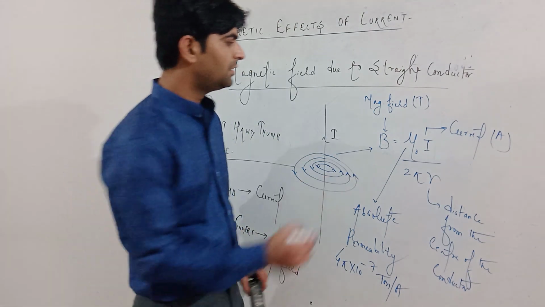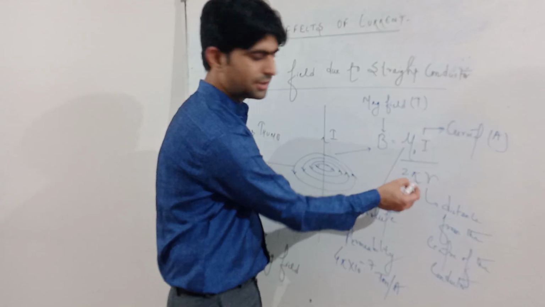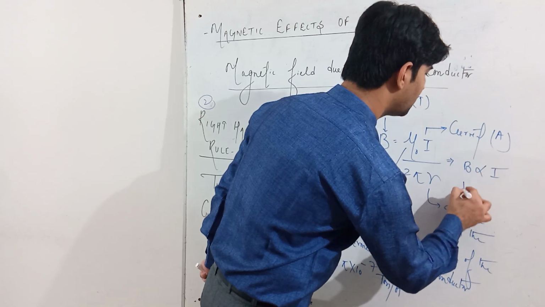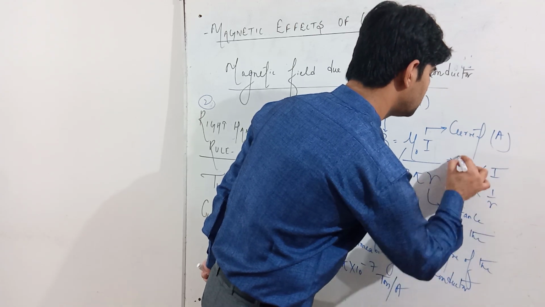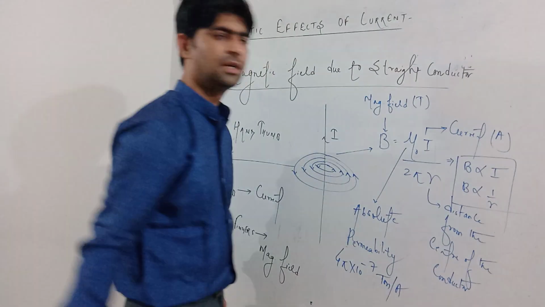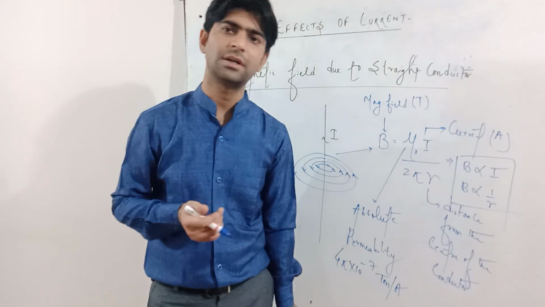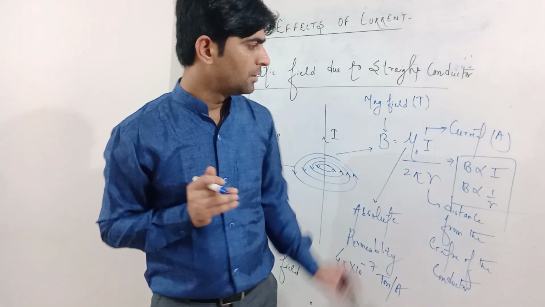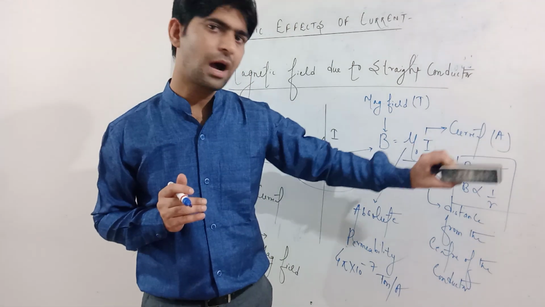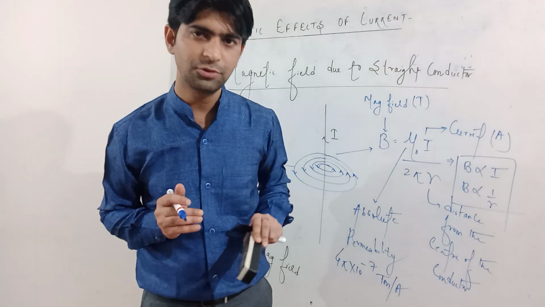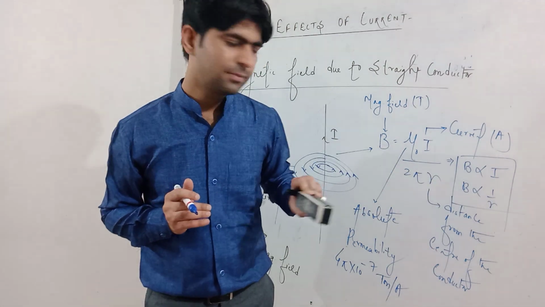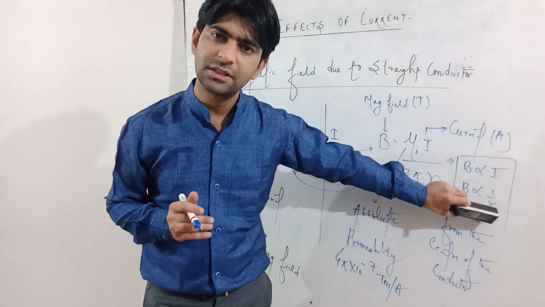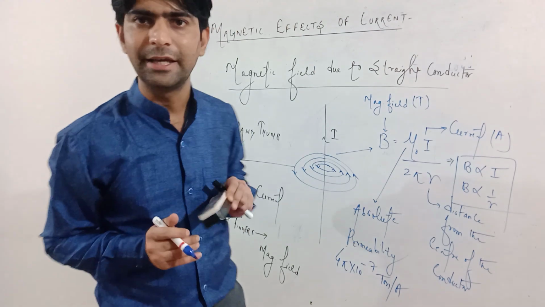So this is the magnetic field. If we see here, mu naught is constant, 2 pi is constant, so I will write B is directly proportional to I and B is inversely proportional to R. In the last class also we discussed कि more stronger current will flow in the conductor, more stronger magnetic field will be produced. So B is directly proportional to I. जितना strong I होगा उतना strong हमारी magnetic field produce होगी. R जो है वो distance from the center है, तो आपको दिख रहा है B और R में inverse relation है. R जितना ज़्यादा होगा मतलब distance जितनी ज़्यादा होगी magnetic field उतनी ही कम होने वाली है हमारे लिए.